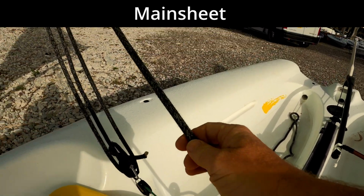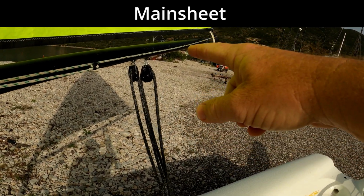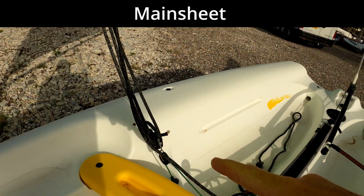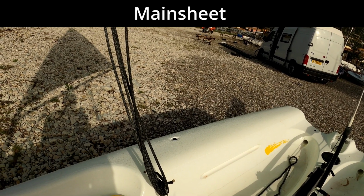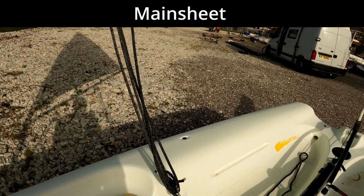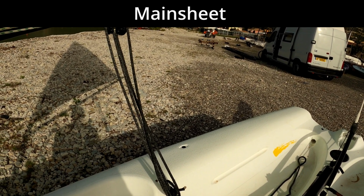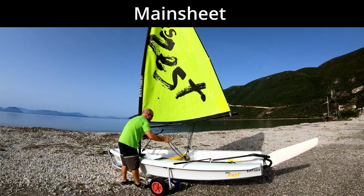Here's the main sheet. The main sheet goes up, back down, up and back down. The reason that it goes up and down a few times is because that gives us what we call purchase. That purchase allows us to pull the sail in with less effort. So then we can pull the sail in